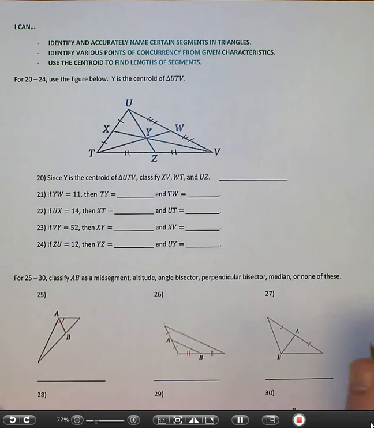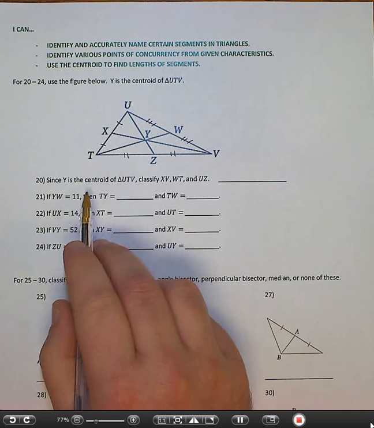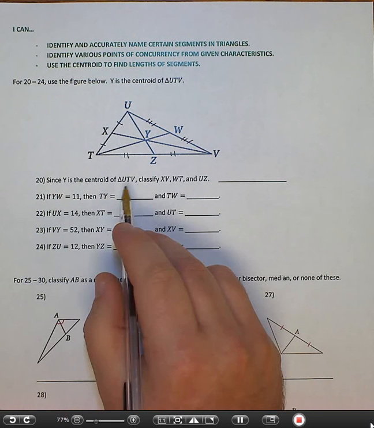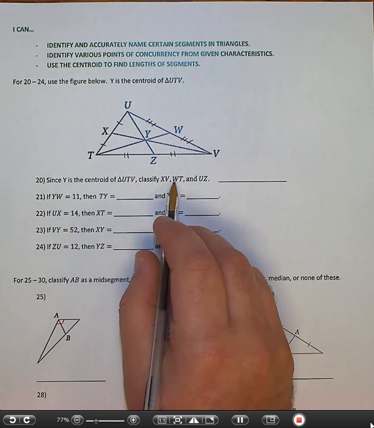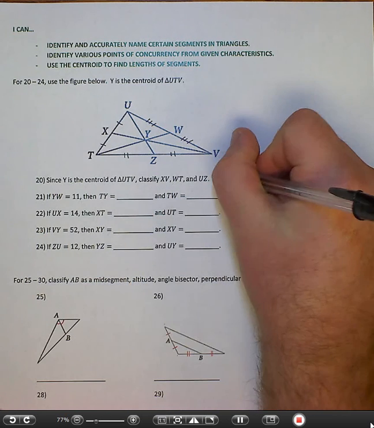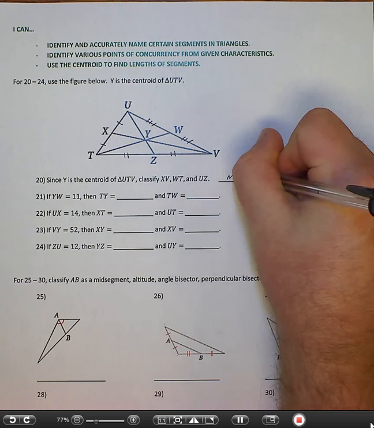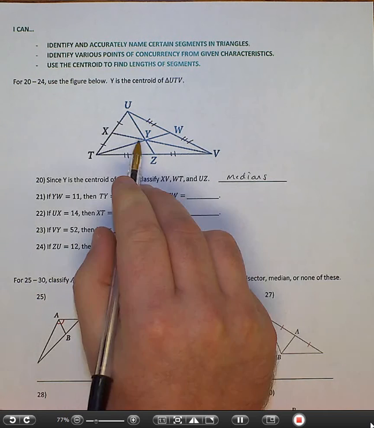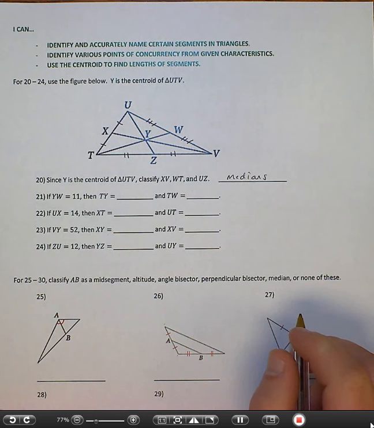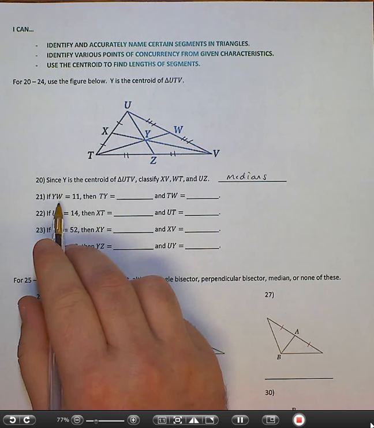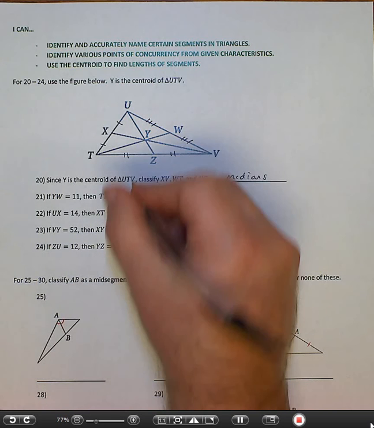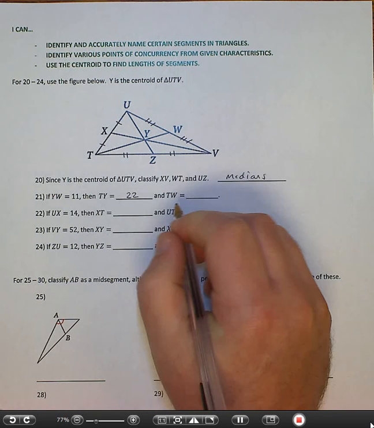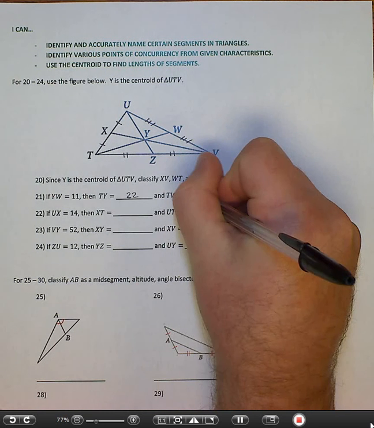Okay? So, since Y is the centroid of the triangle UTV, classify XV, kind of already did this, WT, and UZ, they are all medians. Medians meet at the centroid. Okay. If YW is 11, then TY is 22, and TW is 33. Okay, so